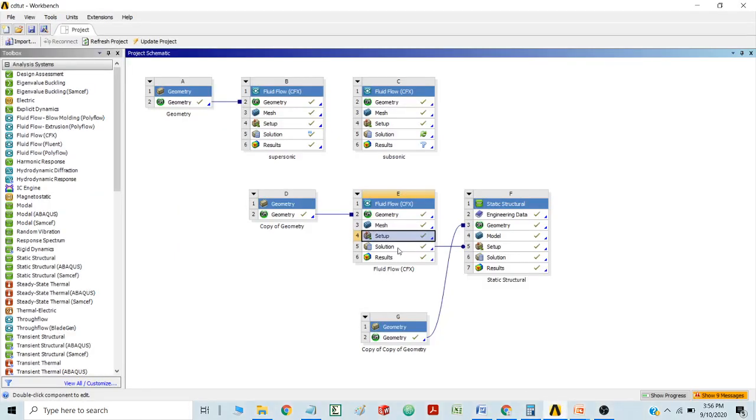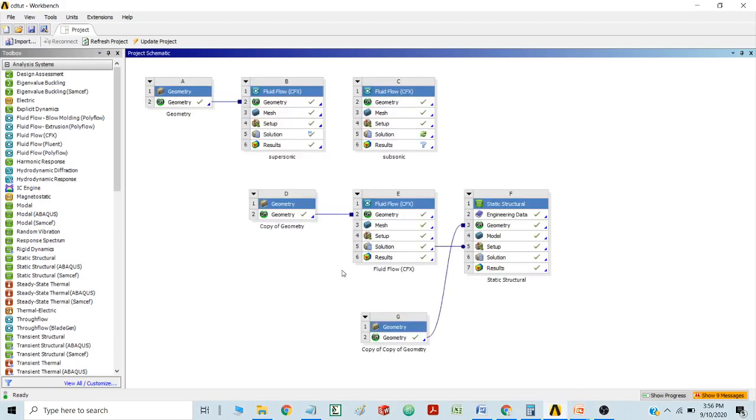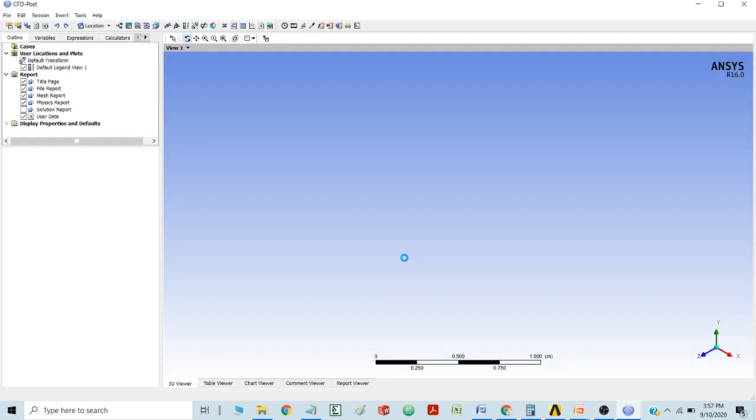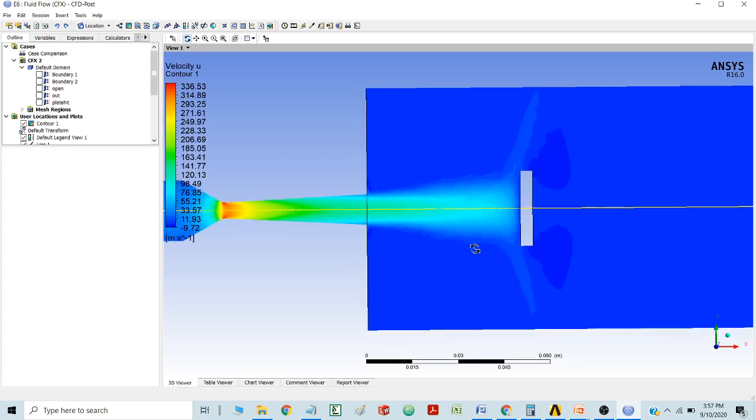After solving it, after the solution has been done, I just have to click update, and then it is going to start. After completion there will be a tick mark, and then I am going to click the result part. In the result part, the understanding is that in the throat the pressure is going to reduce and velocity is going to increase, and further it is going to match the atmospheric pressure, which is at the opening, that is, at the exit of the body.